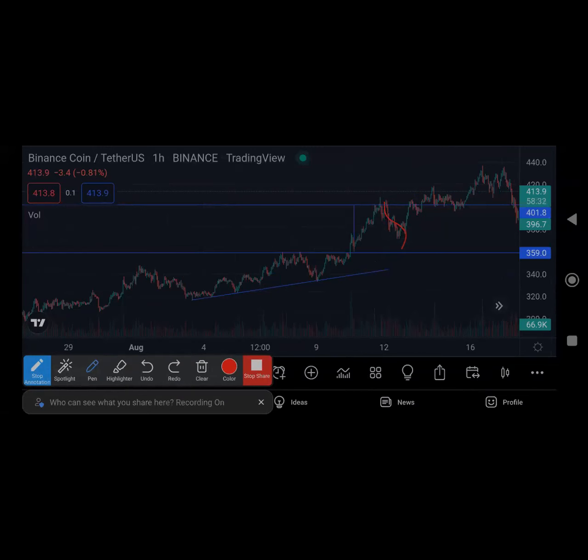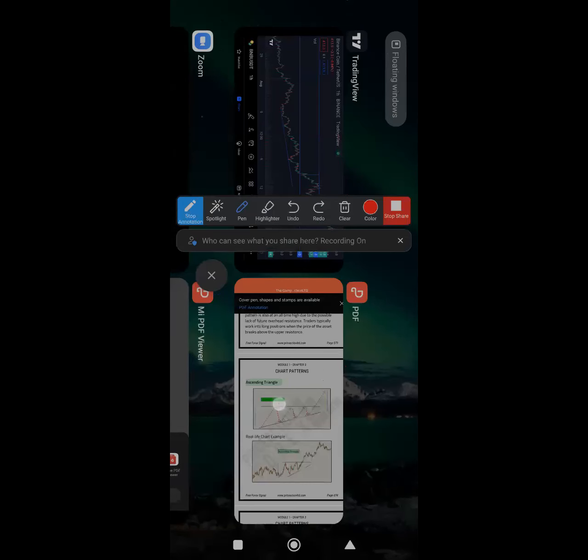You see that? And out of here, you might even just close this trade here before the continuation must have taken place. But at least you have taken your realized profit. So this is just how an ascending triangle looks like, how you enter the trade and how you exit. Now also note that